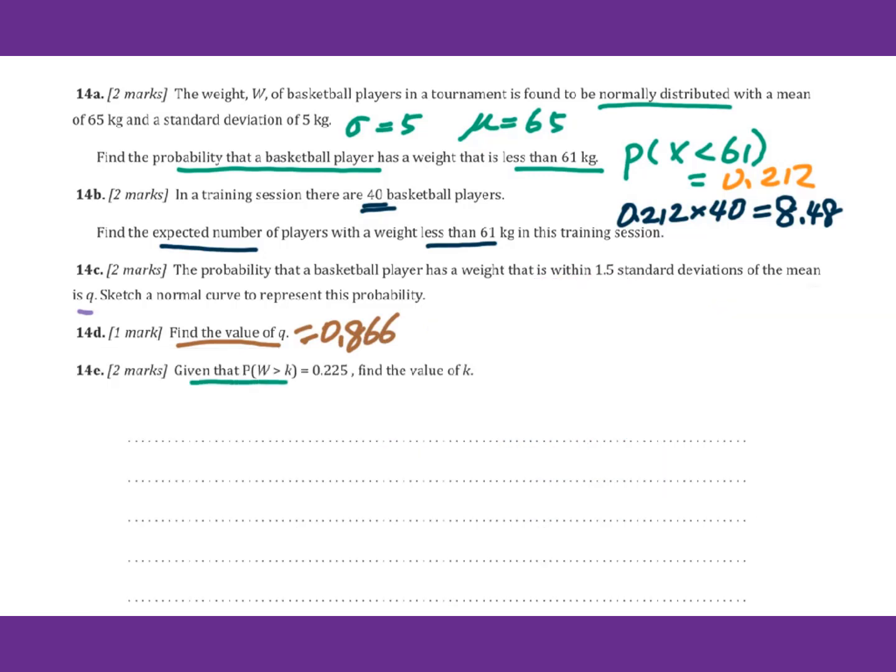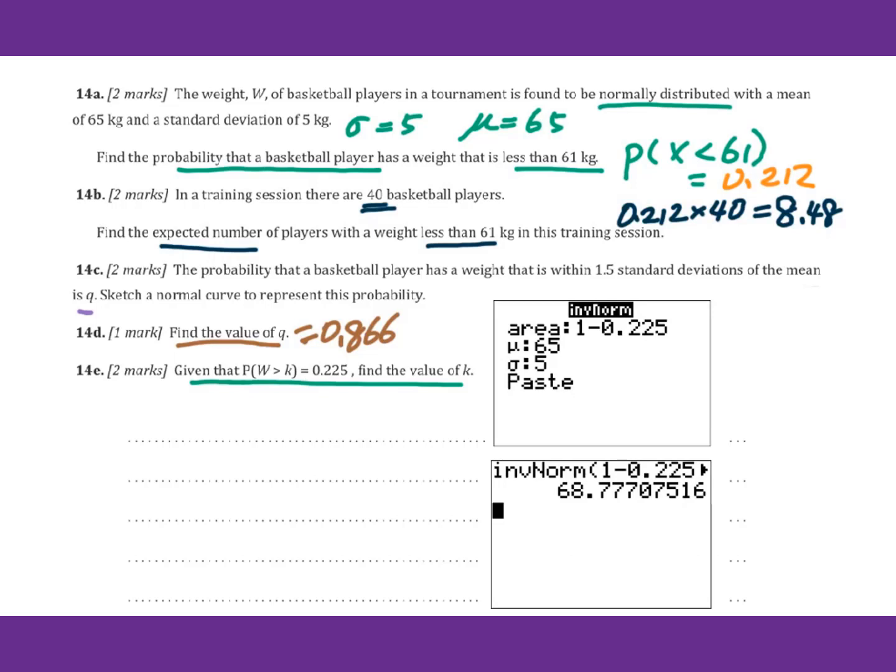Given that the probability W greater than k equals 0.225, find the value of k. First of all, remember when you put into the calculator, you have to put less than k. That's the reason you will get W less than k equals 1 minus 0.225. You will put it over here. Then you can get k equals